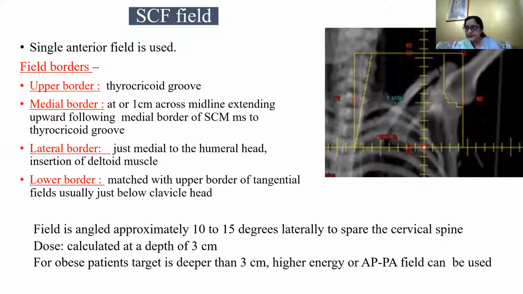Ma'am, the breastboard is, first of all, indexed to the CT simulation couch. It should be indexed with the couch. The position of the breastboard in relation to the CT simulator couch should be fixed by an indexer. That is very important. After that, the patient needs to lie comfortably on the breastboard. So it has to be individualized as per the patient's comfort. Ma'am, are you using it with 2D planning only, or with 3D also?